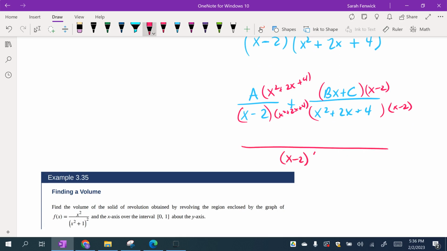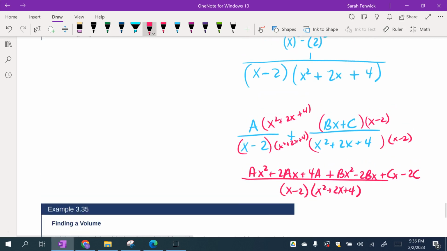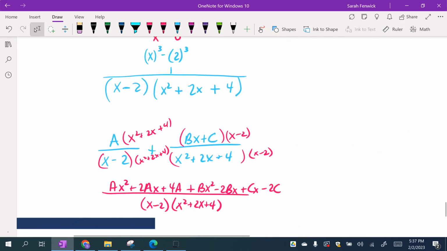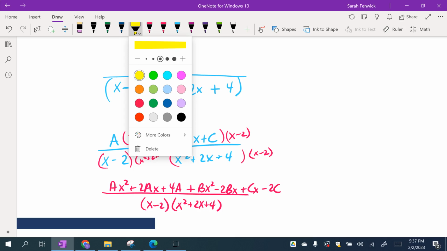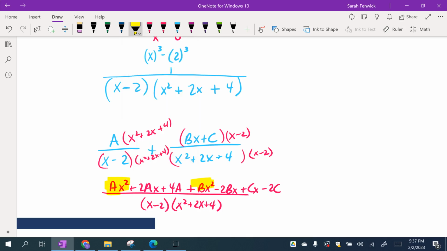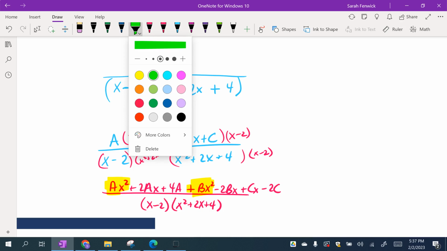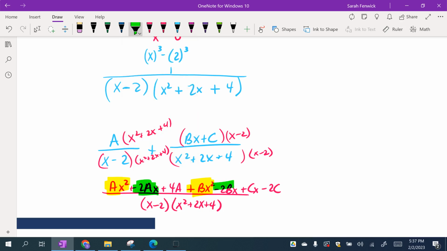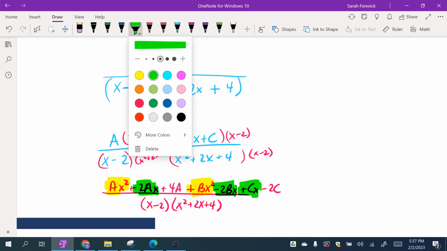X minus 2, x squared plus 2x plus 4. Distribute my a. 2ax plus 4a. Foil or box the bx plus c and the x minus 2. So we have bx squared minus 2bx plus cx minus 2c. All right, all of that needs to equal 1. So when we do our like terms, my x squares are here. I'm going to go ahead and highlight everything first. My x's are here. And my constants